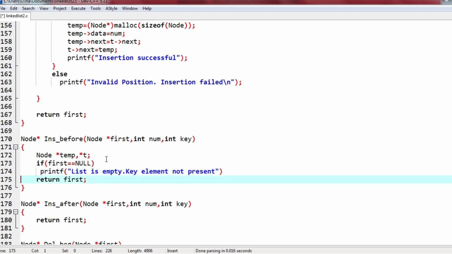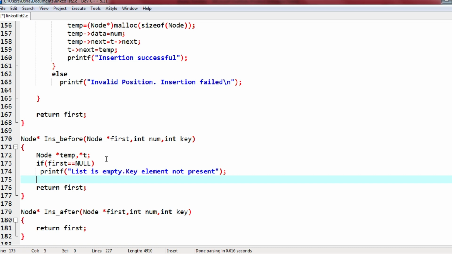Okay, so if the first pointer is not having any address, means it's a null pointer, then this is your error message that you're going to say, because the list is empty, you can't find key element, you can't insert an element before that.